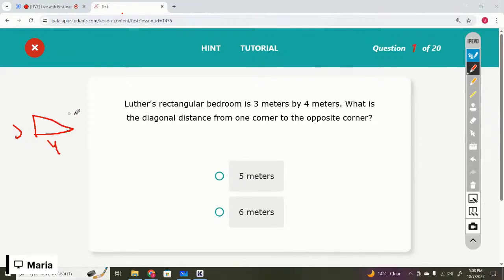We need to find the C, right? C is the hypotenuse of the right angle triangle. So whenever we need to solve right angle triangles, we need to use the Pythagorean theorem, that is C square equals,